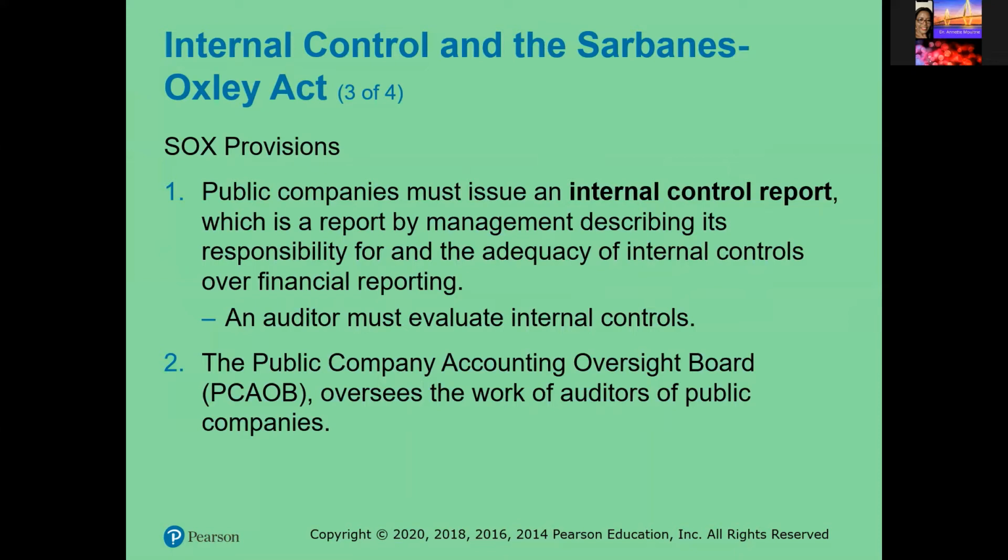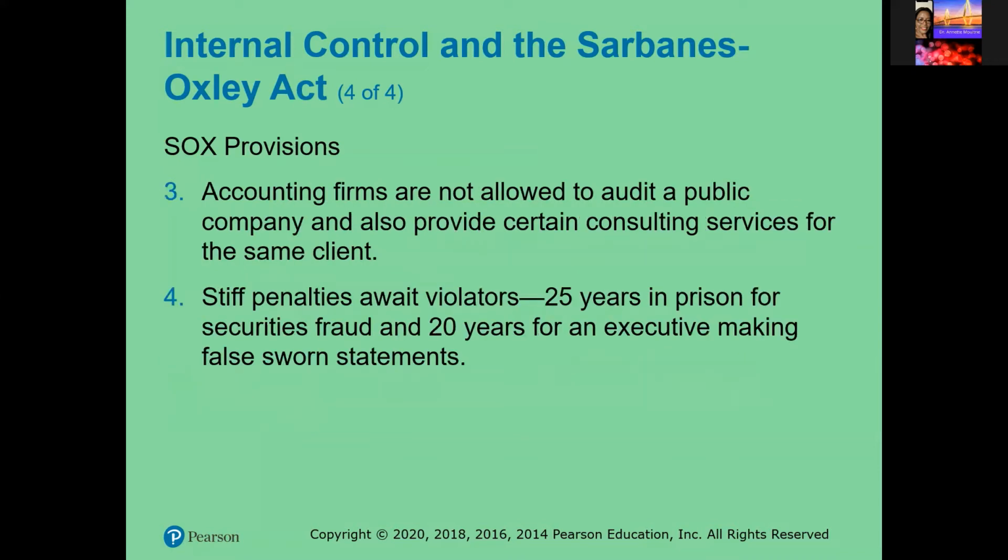Two, the Public Company Accounting Oversight Board, or PCAOB, oversees the work of auditors of public companies. Number three, accounting firms are not allowed to audit a public company